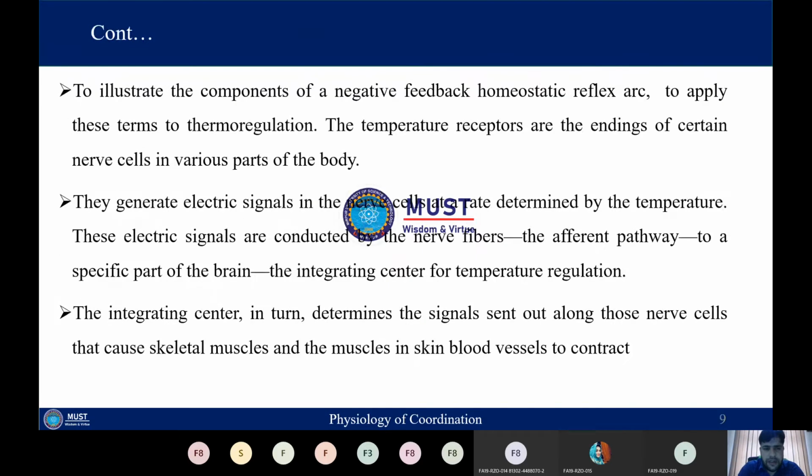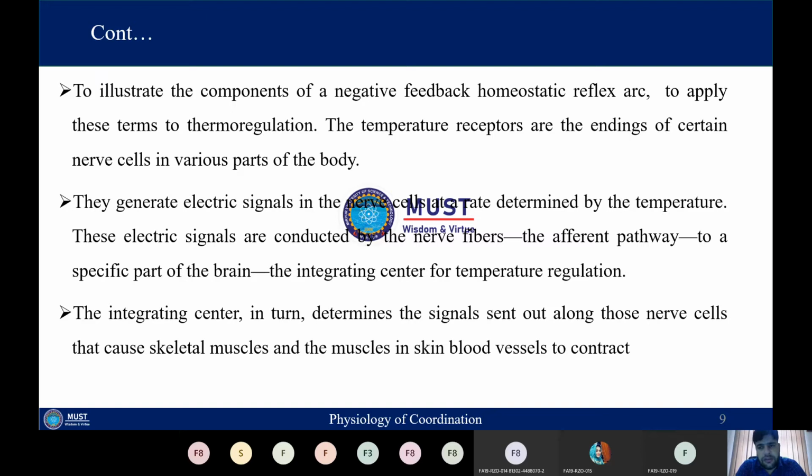So it is not always the case that the response of the body will result in negative feedback control. Sometimes this response may also cause positive feedback in our body as well. So the components of the negative feedback homeostatic reflex are